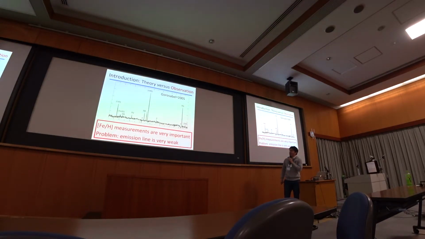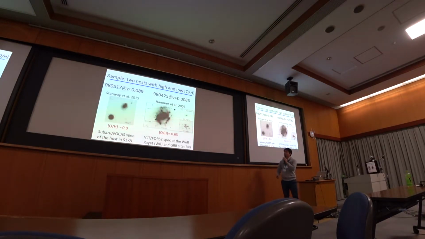But there is still a problem, because the emission line from the iron element is basically very weak, so that's why people usually don't think about it. But in this talk, in order to overcome this problem, we use a small telescope. You know, small is very big telescopes. Small enables us to measure the iron abundance, especially for low latency galaxies. But anyway, as a trial study, we selected two host galaxies,